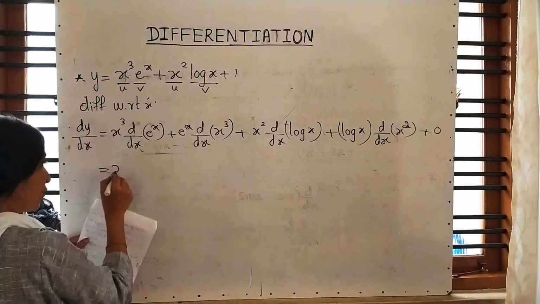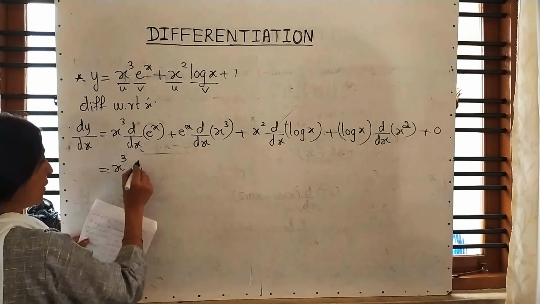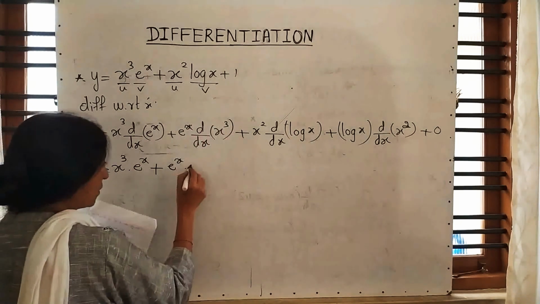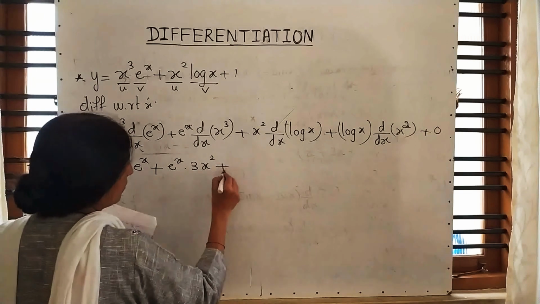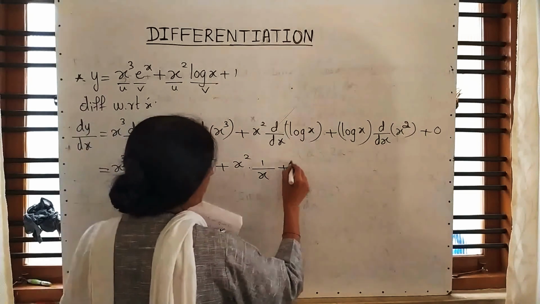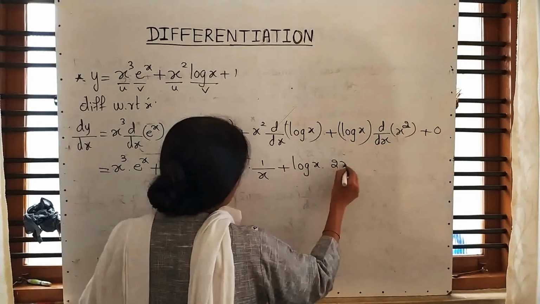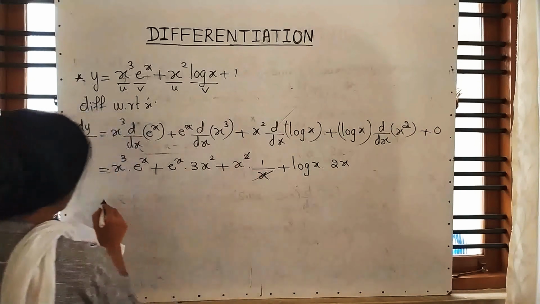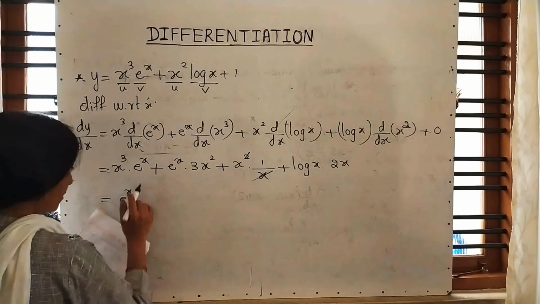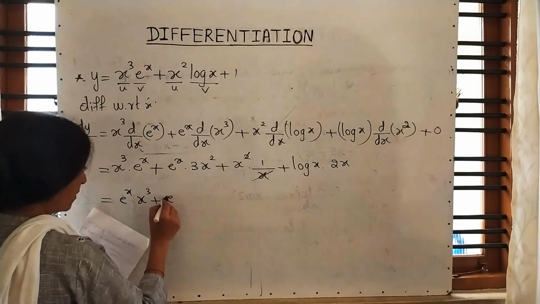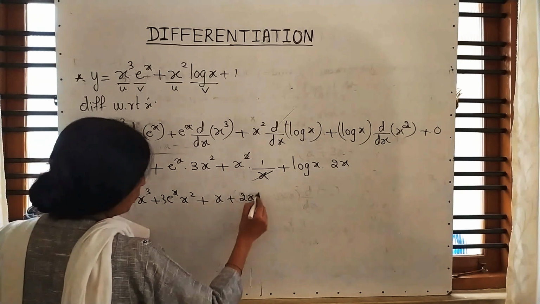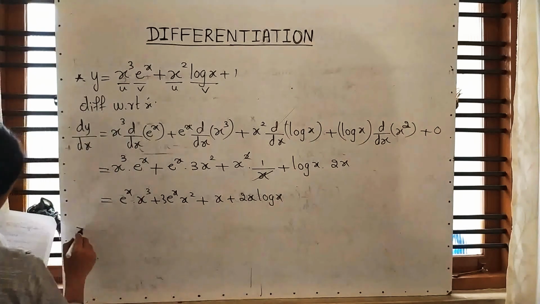See, this is before differentiation, keep as it is. Differentiation of e raised to x is e raised to x, plus e raised to x as it is. Differentiation of x cube is 3x square, plus x square as it is. Differentiation of log x is 1 by x, plus log x. Differentiation of x square is 2x. It is e raised to x into x cube plus x square plus x plus 2x into log x. Next,